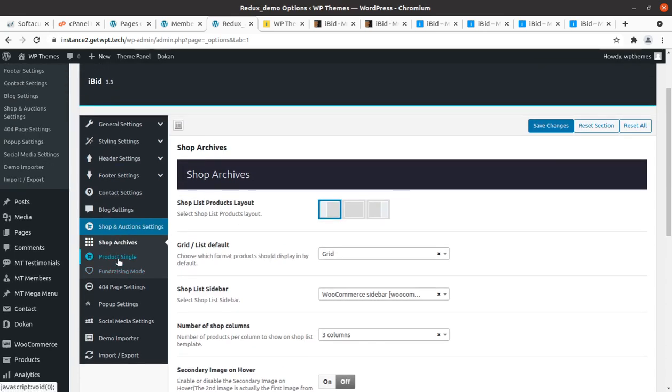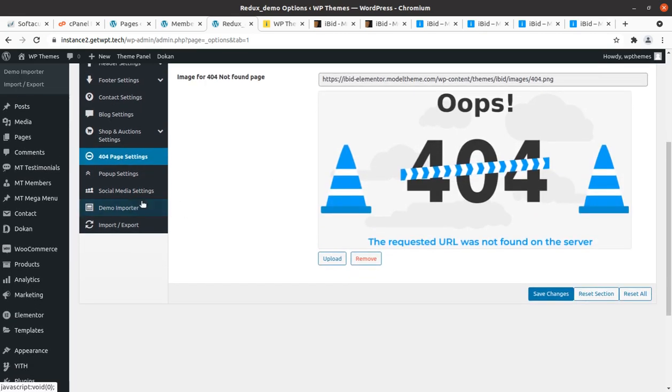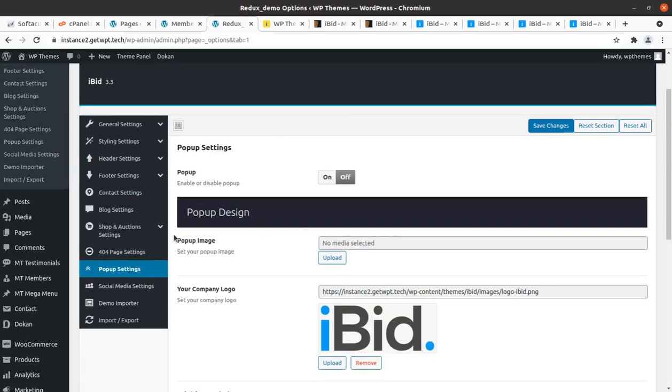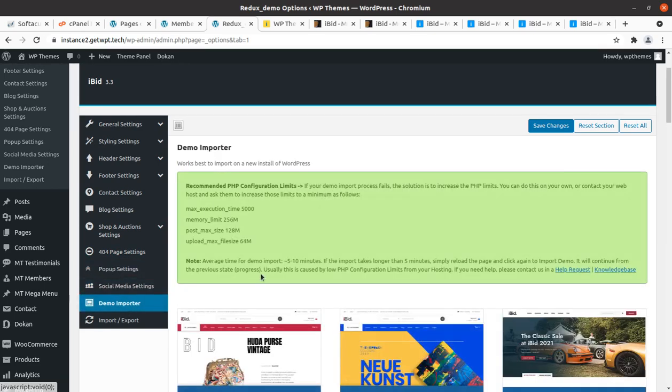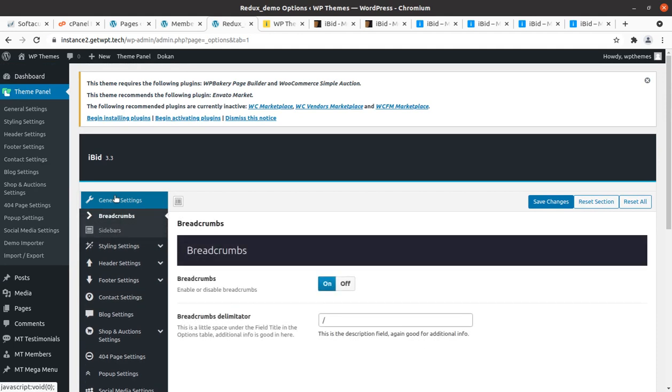Shop archives, product single, product fundraising mode, just in case you are using the fundraising premium website, 404 page. Pop-up settings, where you can put the credentials. Social media, demo importer which we have already used, and import or export options. So these are the basic settings, and the most advanced settings available in the iBid WordPress theme, and we have complete control over our website.